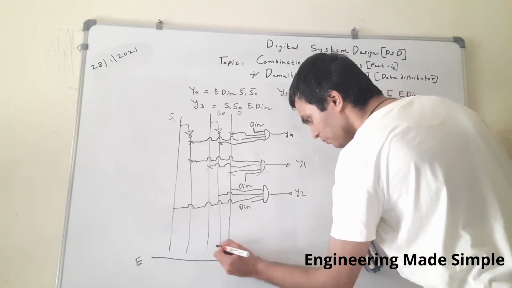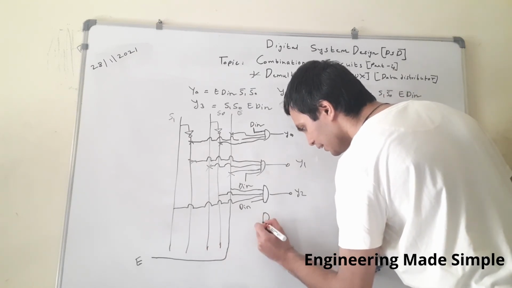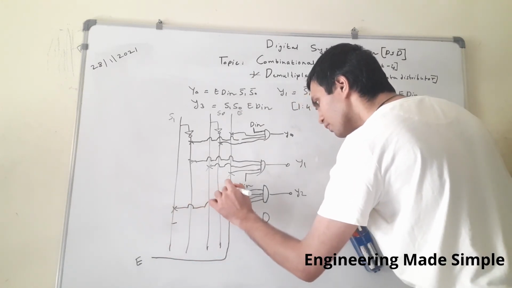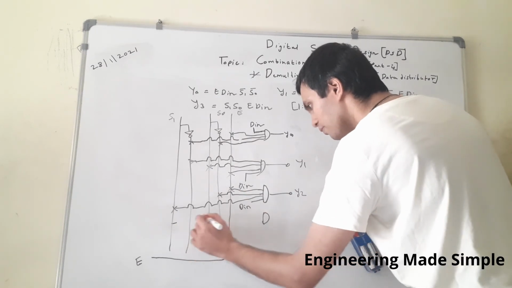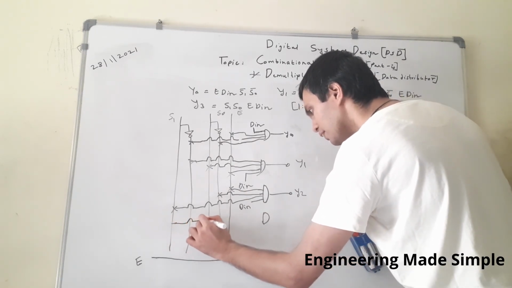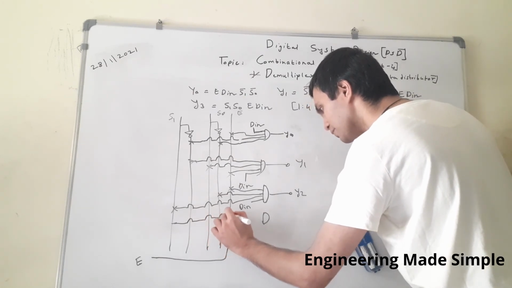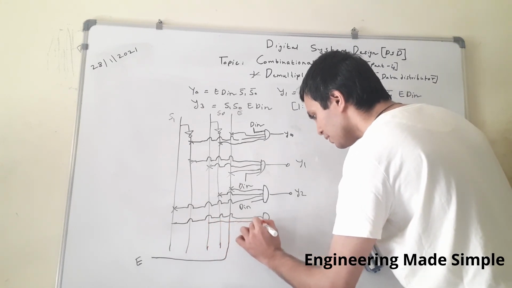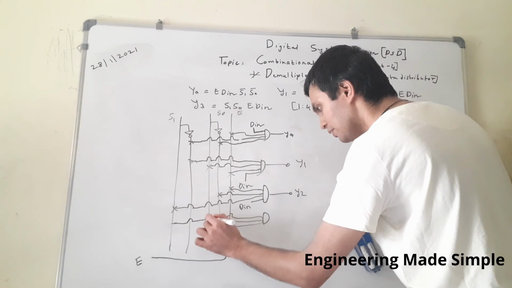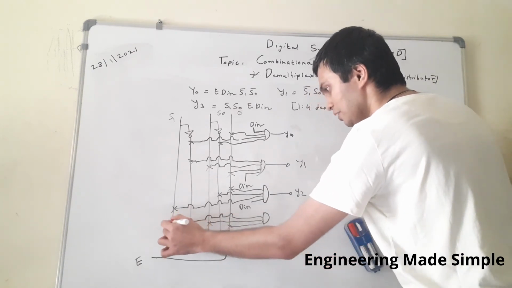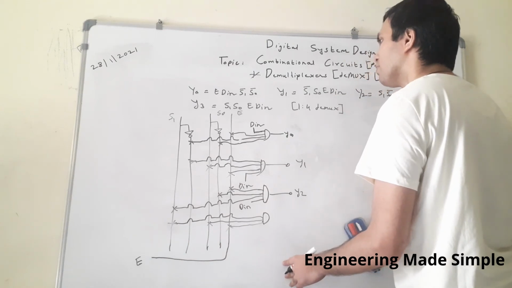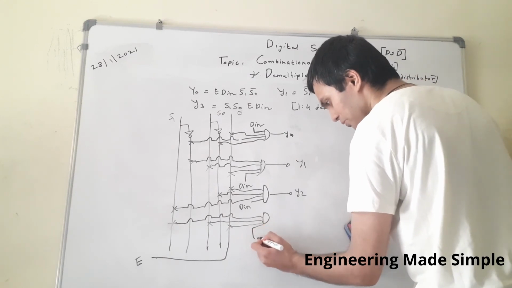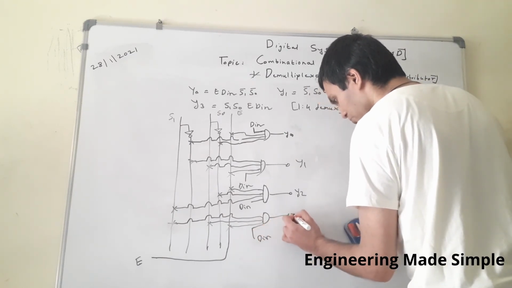And the fourth term in this case has inputs S1 and S0. The enable input I have shorted over here. This cross means that this particular input is connected. Last but not least, the input will be your D_in. That will give you your final output Y3.